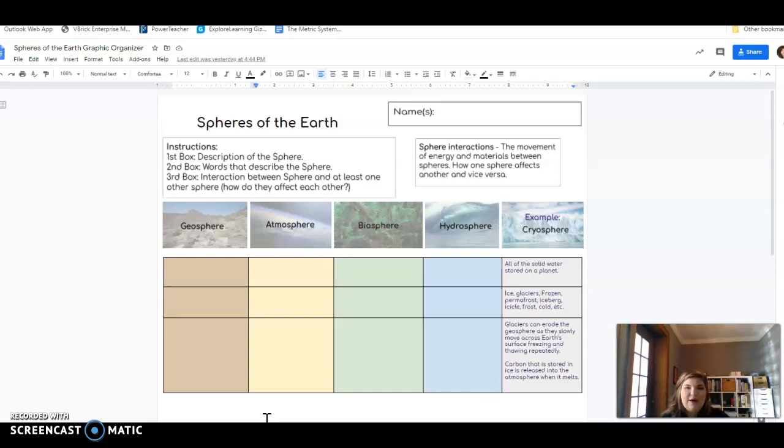So though we have all of these complicated systems and parts, we could quite simply break our spheres of the Earth into the living and the non-living. So anything that is living is considered to be biotic and is part of the biosphere. Everything else gets broken into different categories, and the non-living things, or the abiotic things, things that were never living,